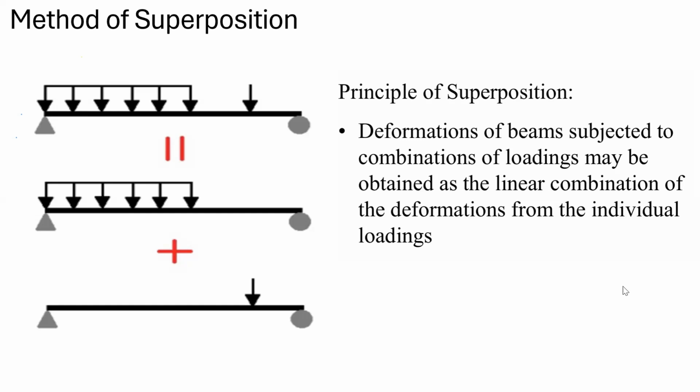If I want to calculate the support reaction or the displacement at any point, then I calculate the displacement by various methods. There are a number of methods by which we can calculate the displacement. The displacement by the UDL plus the displacement by the point load gives you the displacement at a specific point by the method of superposition. Also, you can calculate the reaction at A and reaction at B by simply adding the reaction by the UDL and the reaction by the point load. This is as simple as it is. Just for the clarification, this is the method of superposition.